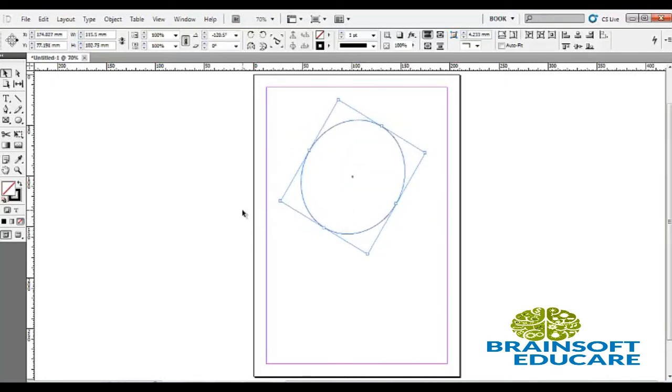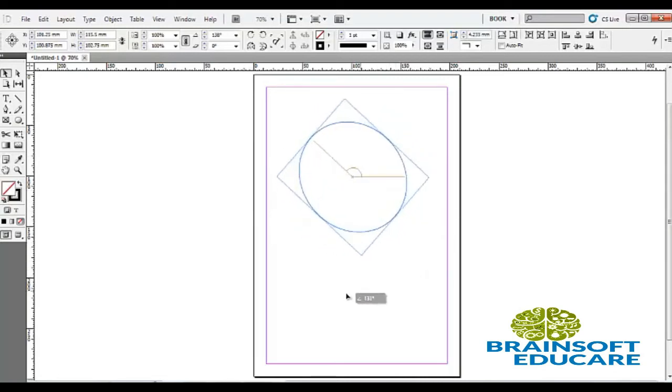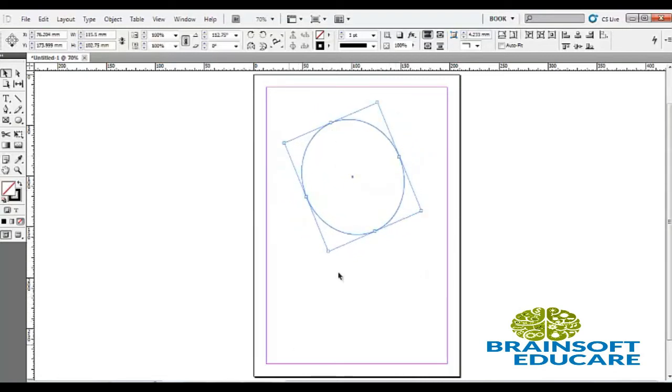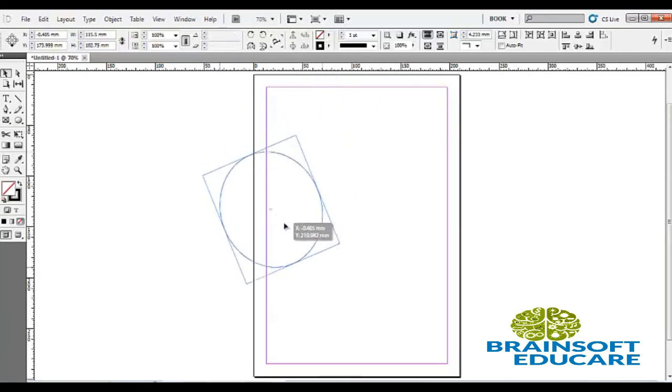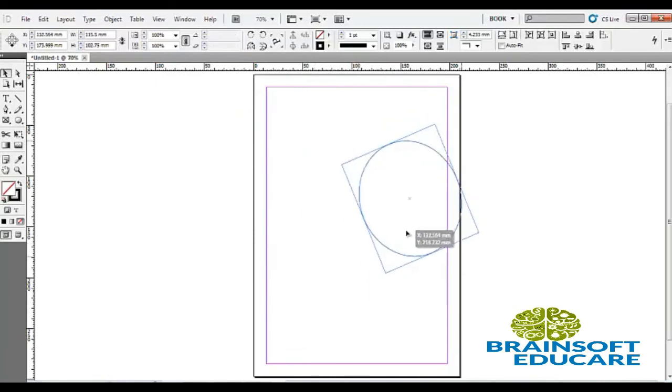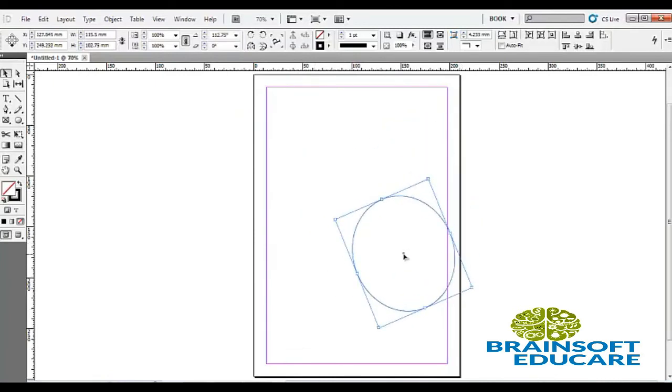We can move this object using the selection tool in 360 degrees. We can move it anywhere. Selection tool shortcut key is V.